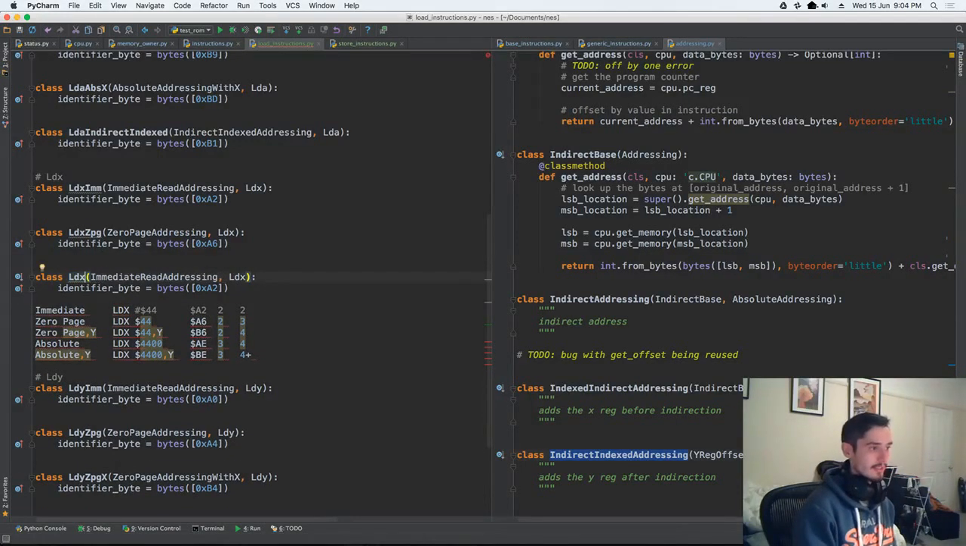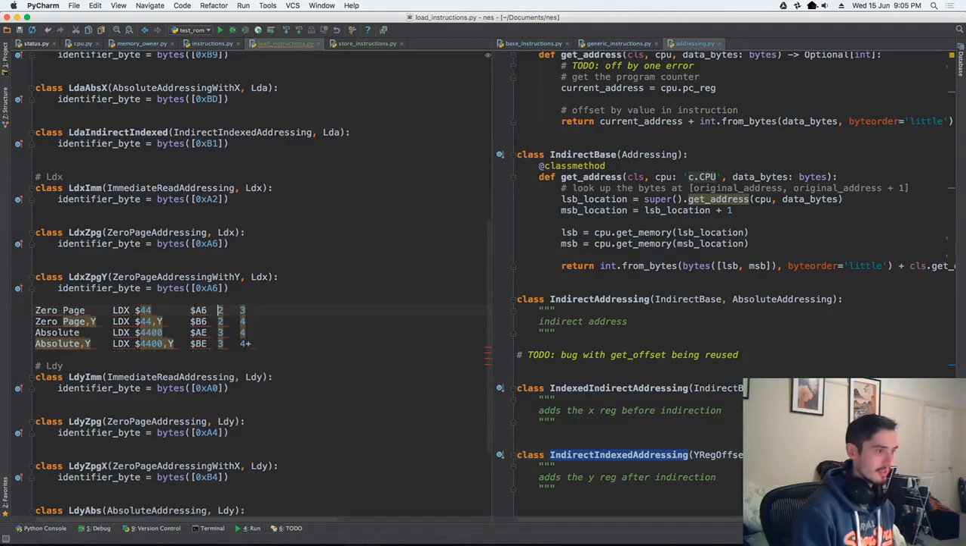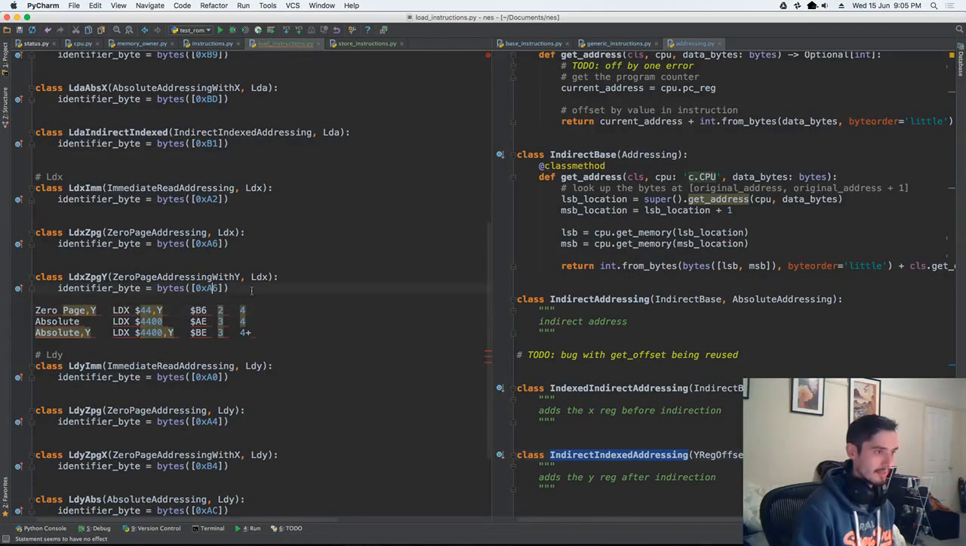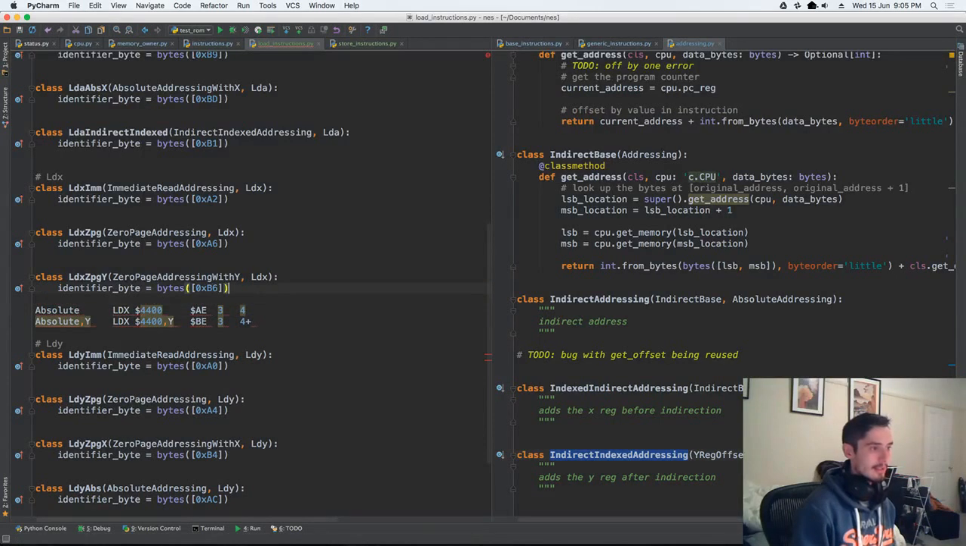Load X, zero page Y. It's going to be zero page addressing with Y. It's going to be A6. Nope, it's going to be B6. And